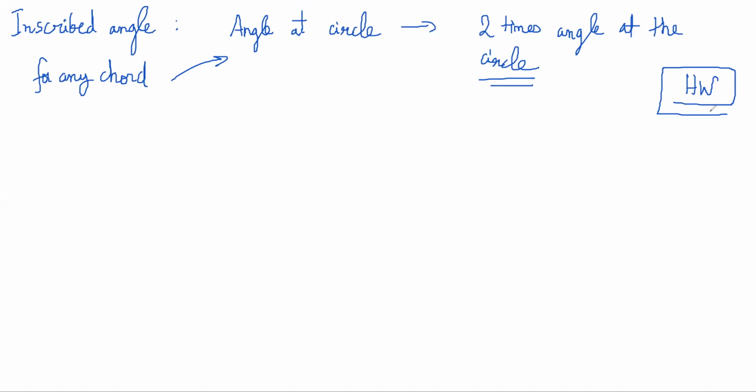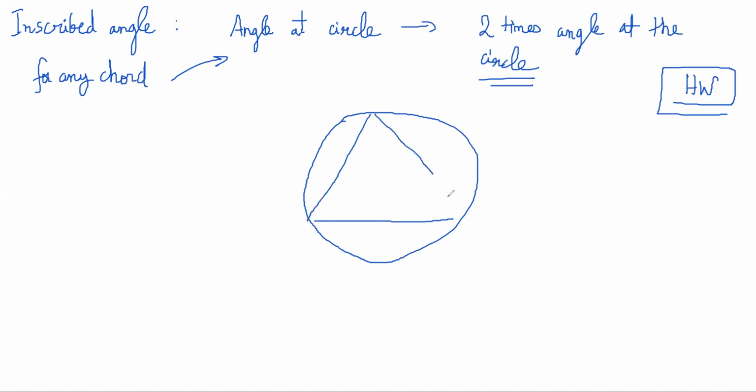Now, by angle chasing, by finding angles, you can find the angle between the tangent and the chord, which is equal to the opposite angle. Suppose you have a situation like this. This is chord AB, and suppose you have a tangent here. This is T, and this is P. What I want to find out is this angle alpha. That is equal to APB, but how do we prove that?